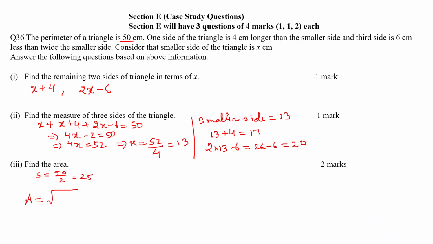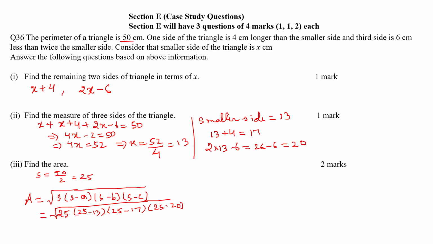So the area will be, first write the formula, root of s into s minus a, into s minus b, into s minus c. Now your s is 25, then 25 minus 13, 25 minus 17 and 25 minus 20. So root of 25 into 12 into 8 into 5. Now root of